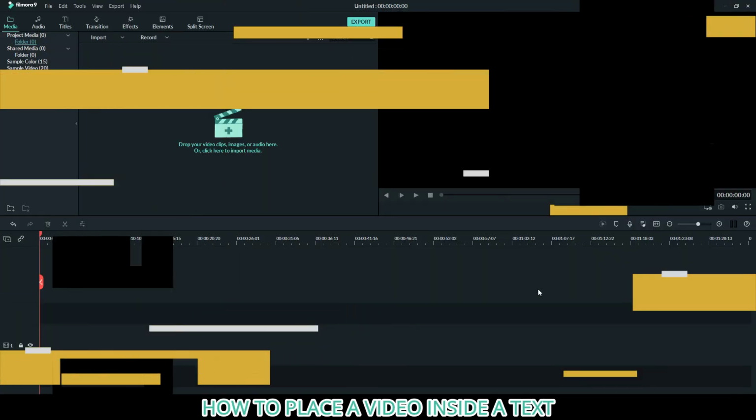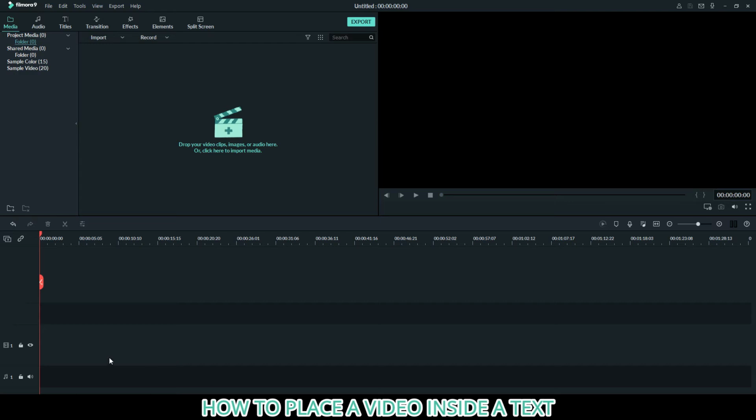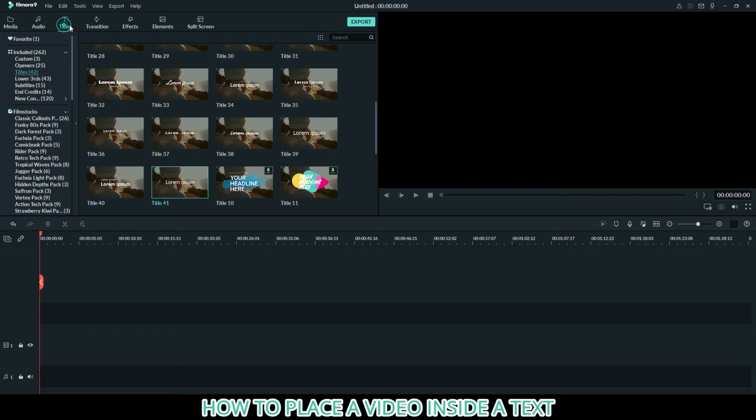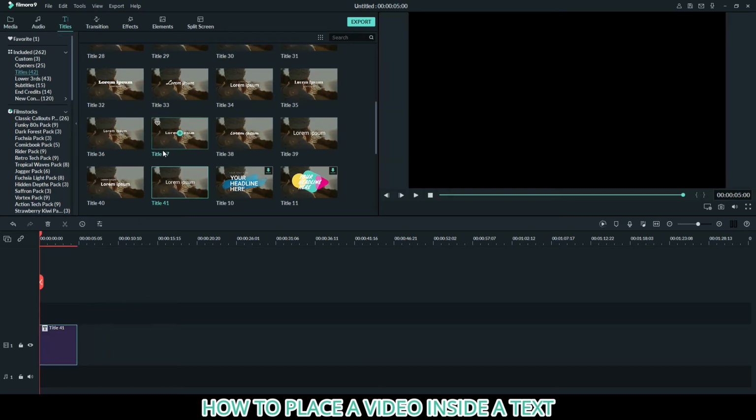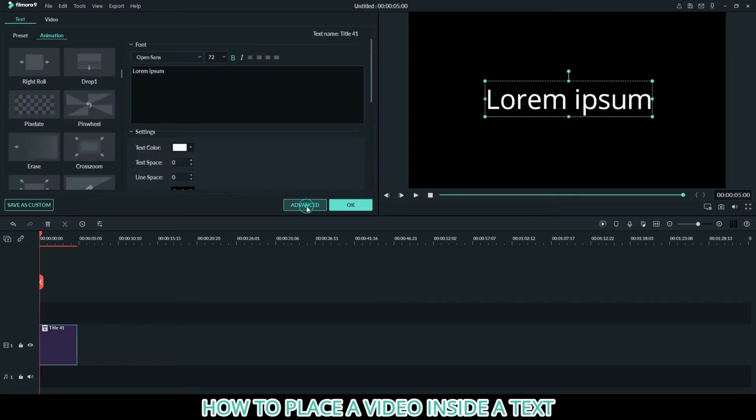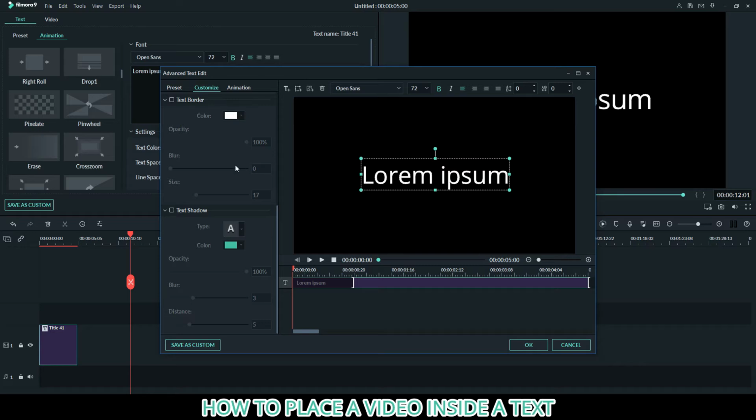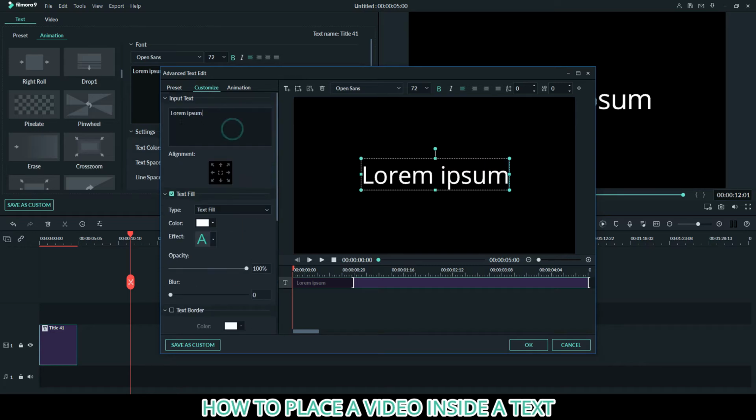Here goes. First thing you want to do is get a text in here. So you go to titles, you go to text 41 or whatever text that you prefer to use. You double click on it, go to advanced, and at the top you're going to put the text in. So I'm going to put help,